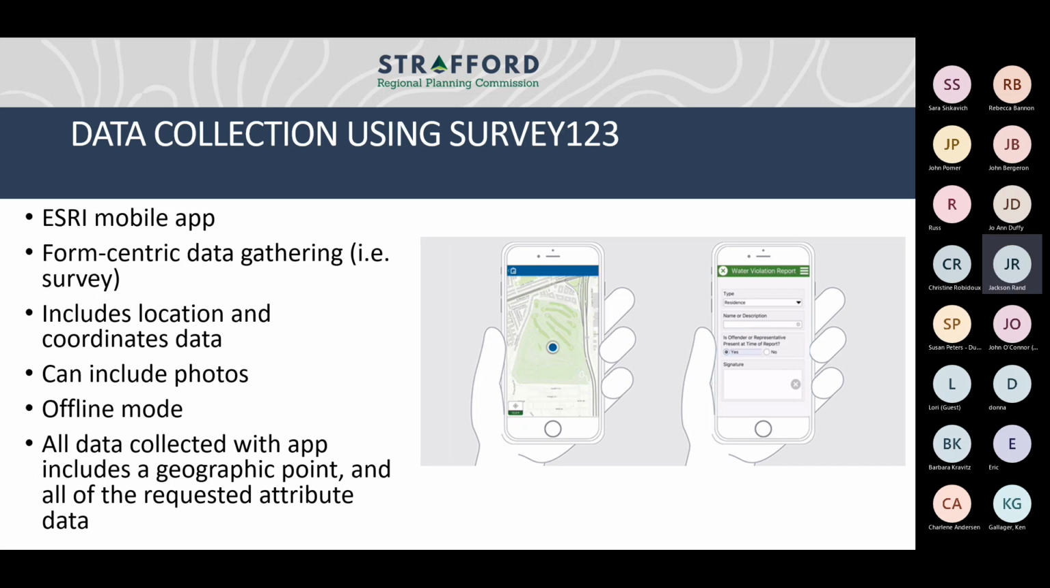This app worked really well for us. It eliminated the need for pen, paper, and a clipboard out in the fields. It eliminated the need for us to do manual data entry after all the data was collected. The Survey 123 app was created, or the survey used in the app was created by us and populated into